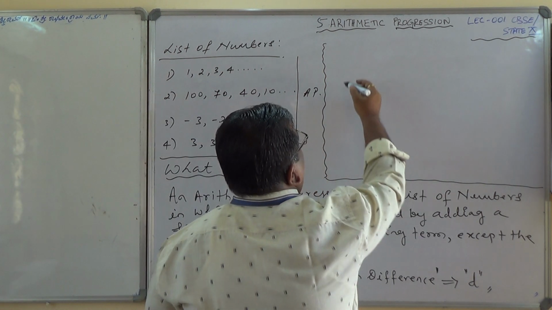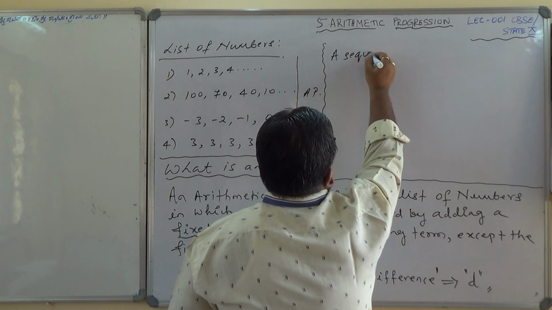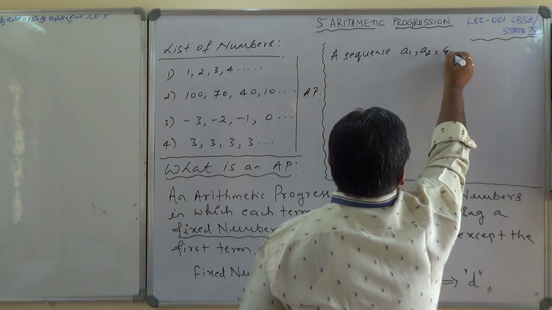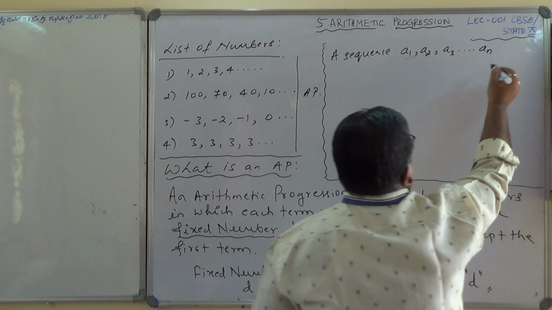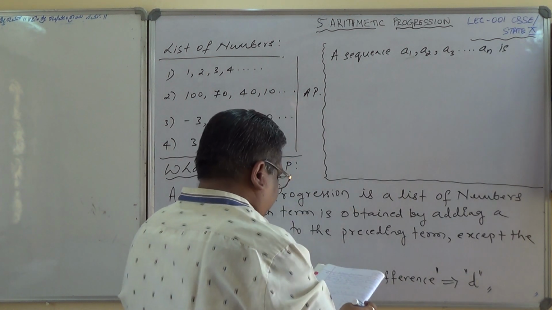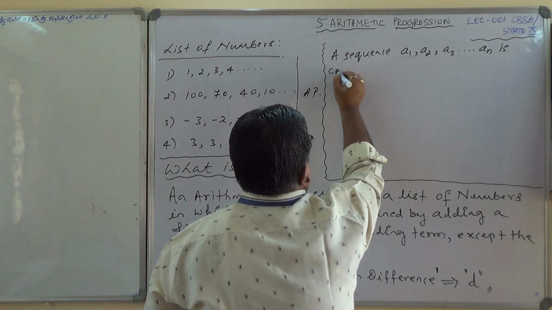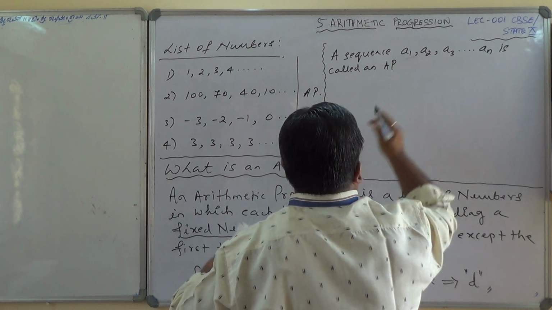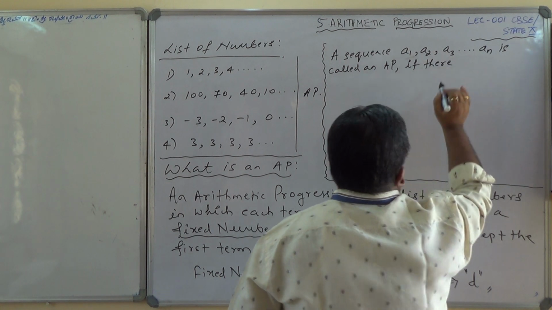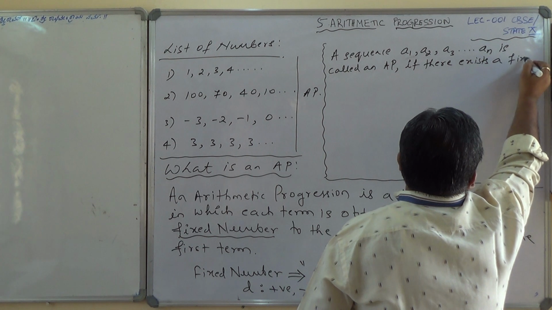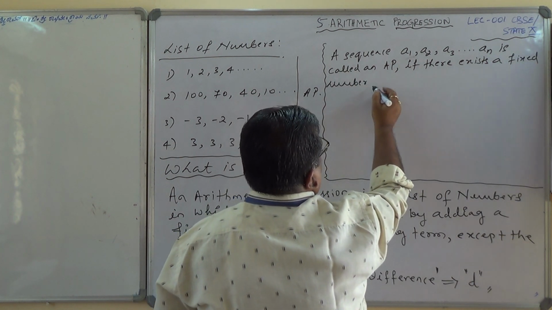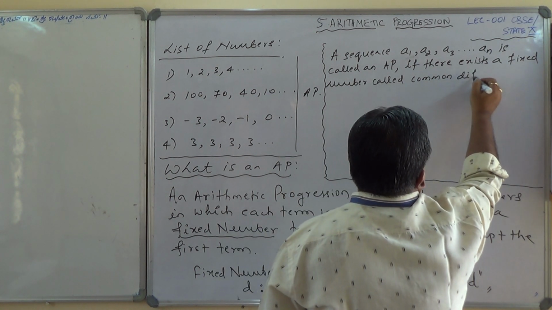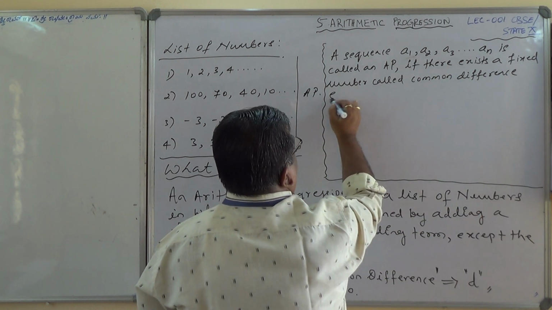So a sequence A1, A2, A3 ... AN is called an AP if there exists a fixed number called common difference such that